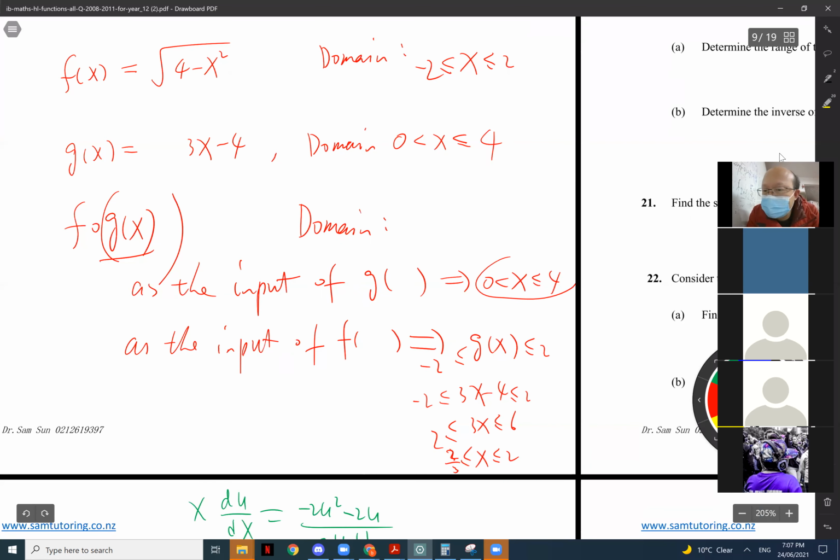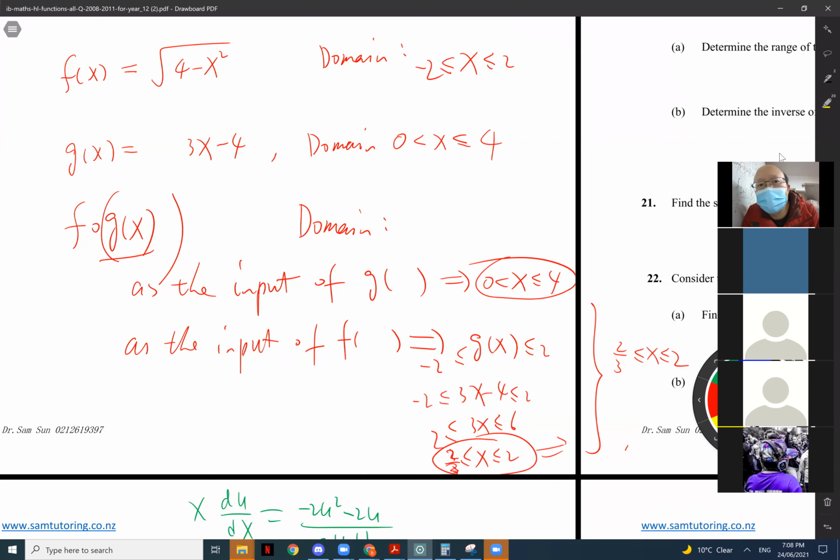Oh, you need to satisfy this condition and this condition. So the answer is the overlap part, just this. Together, you still have this answer. Okay? That's the domain of a composite function. Up to here, functions should be okay. Very good, Jason. Now,